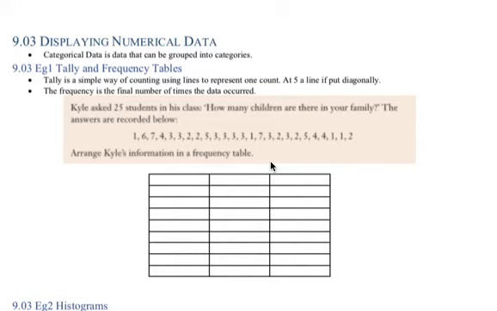In this video today, we'll be looking at displaying numerical data. So this is exercise 9.03. In the previous lesson, we were looking at displaying categorical data, and we're using a column graph to do that,